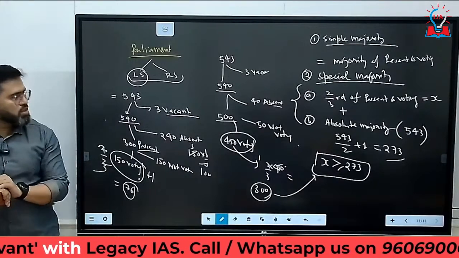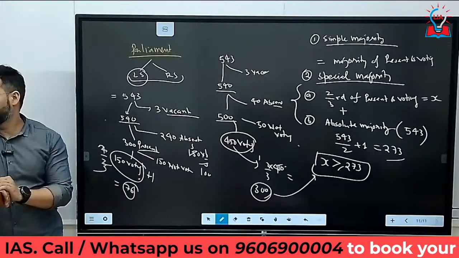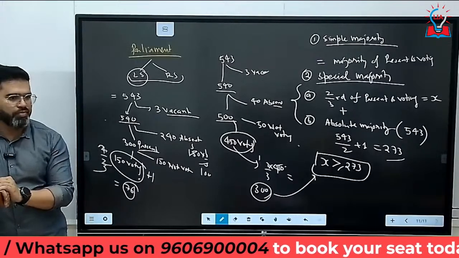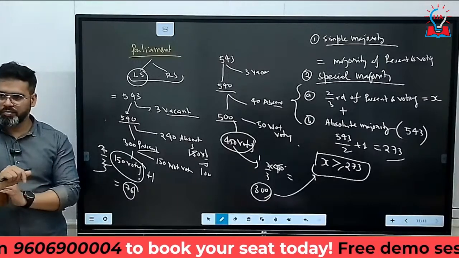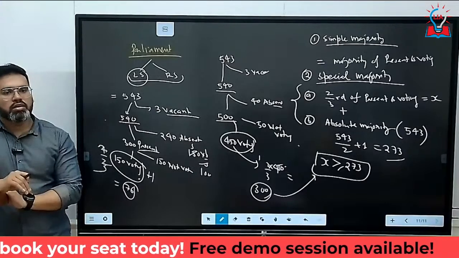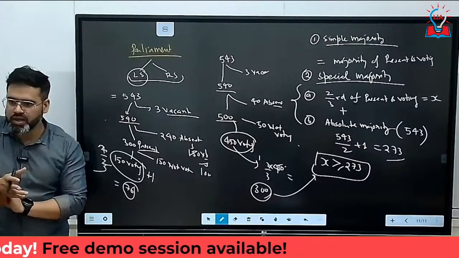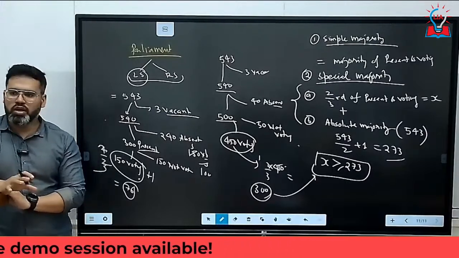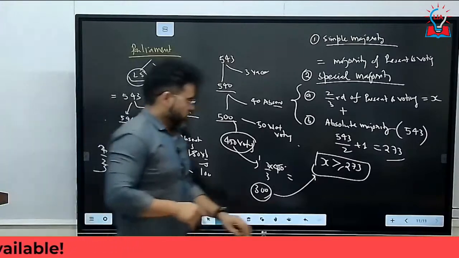So this is the process to amend the constitution, correct? And Lok Sabha and Rajya Sabha both need to amend the constitution separately, not together. Correct? Separately, they need to amend the constitution. Clear? And the state government, that is the state legislature, Vidhan Sabha, does not have any role in the amendment of the constitution. Clear? Now, next is